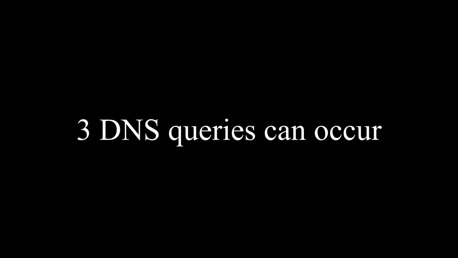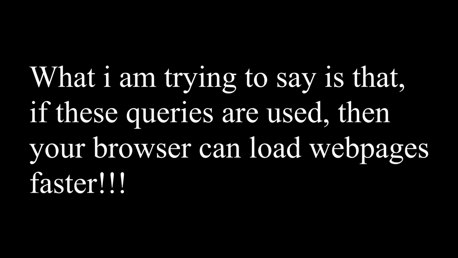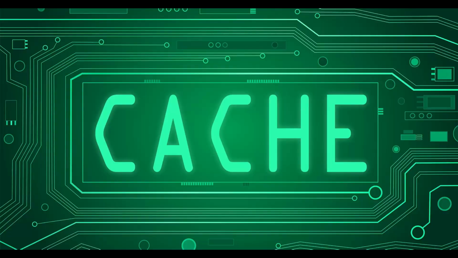We discussed the types of DNS servers and the steps of DNS. Now let's talk about the types of DNS queries. In a typical DNS lookup, 3 types of queries can occur. By using a combination of these queries, an optimized process for DNS resolution can result in a reduction of distance traveled. In an ideal situation, cached record data will be available, allowing the DNS name server to return a non-recursive query.